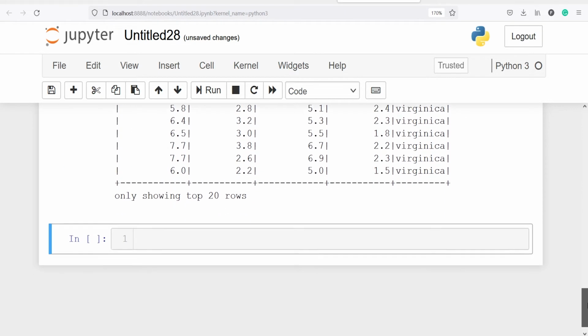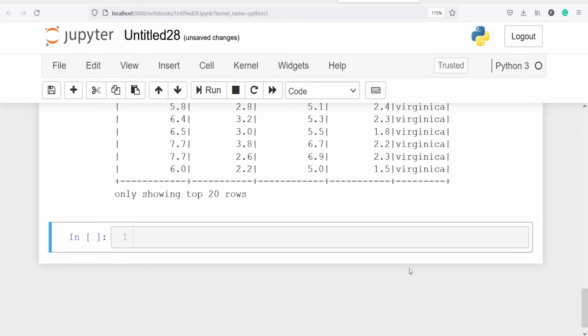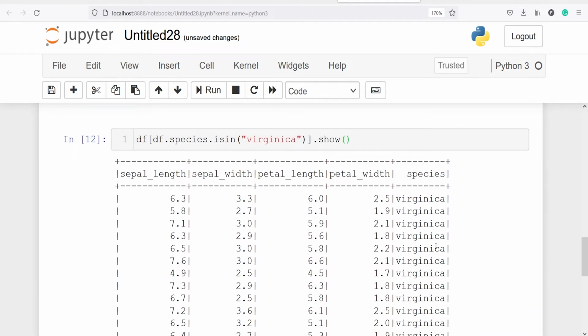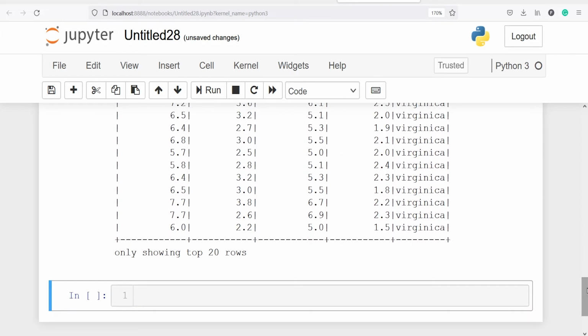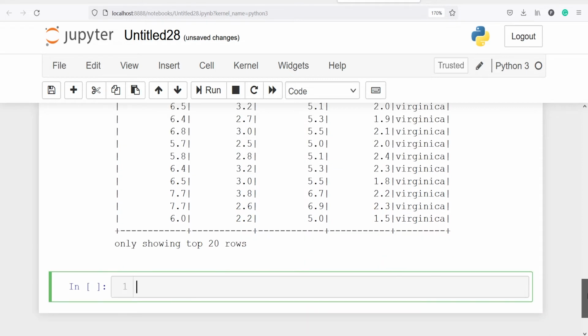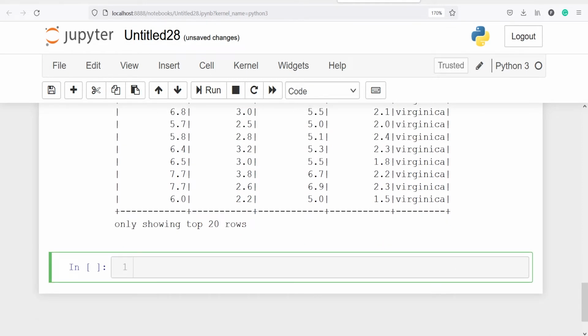The next function is like. It is like an SQL expression. It returns values from a column based on a match. Here we will find the species values based on a match. We don't have to put the actual name. We will just put some alphabets here. Let's say, for example, we will find if the species Virginica is present in this column or not. Using this like operator, I will write df.filter.